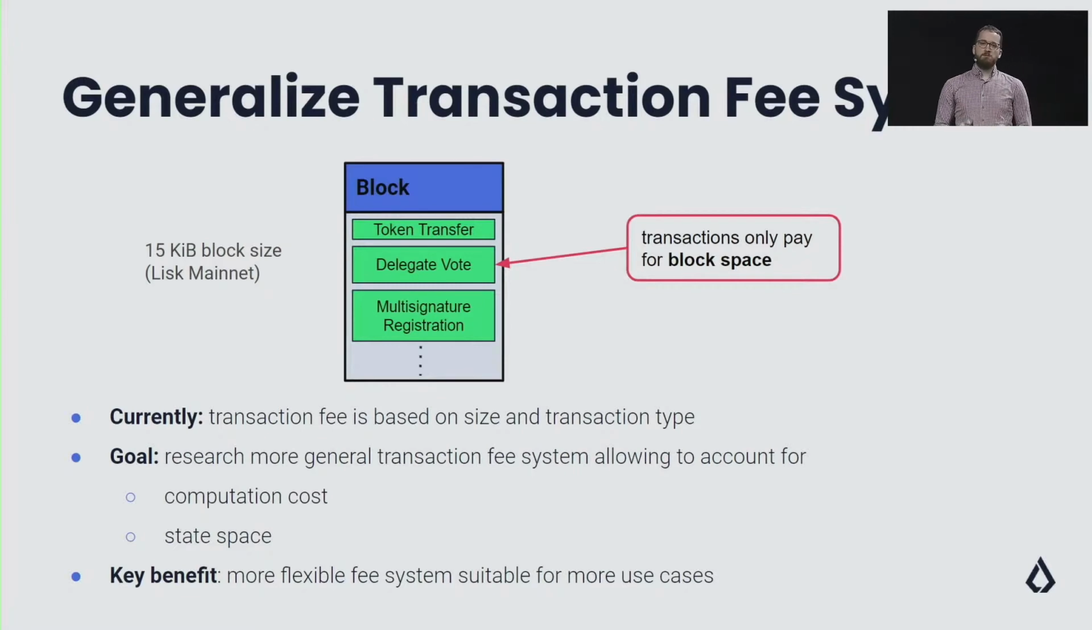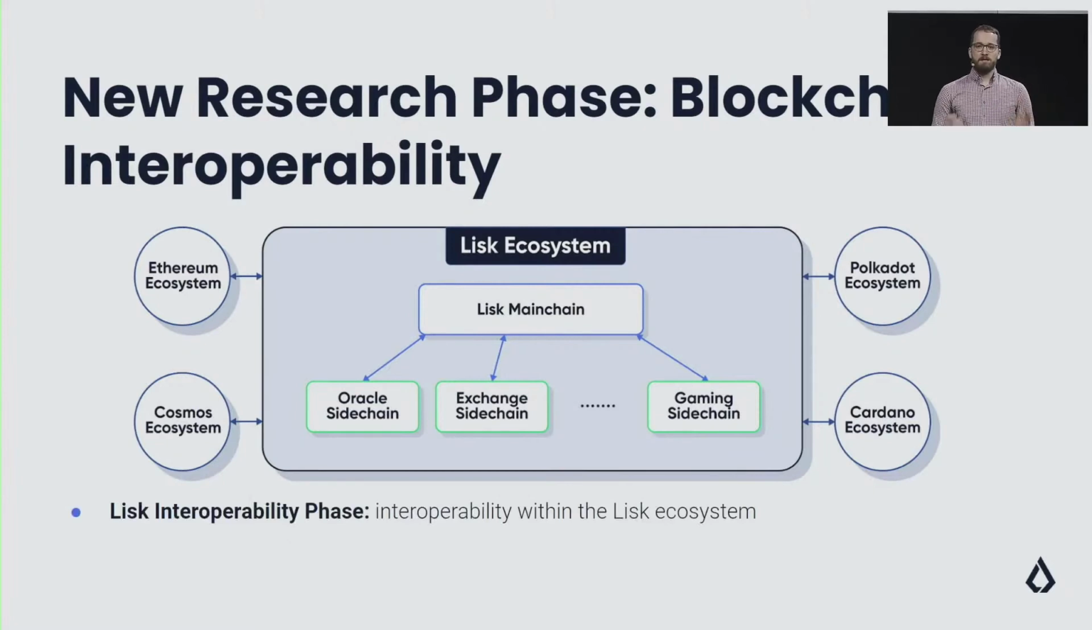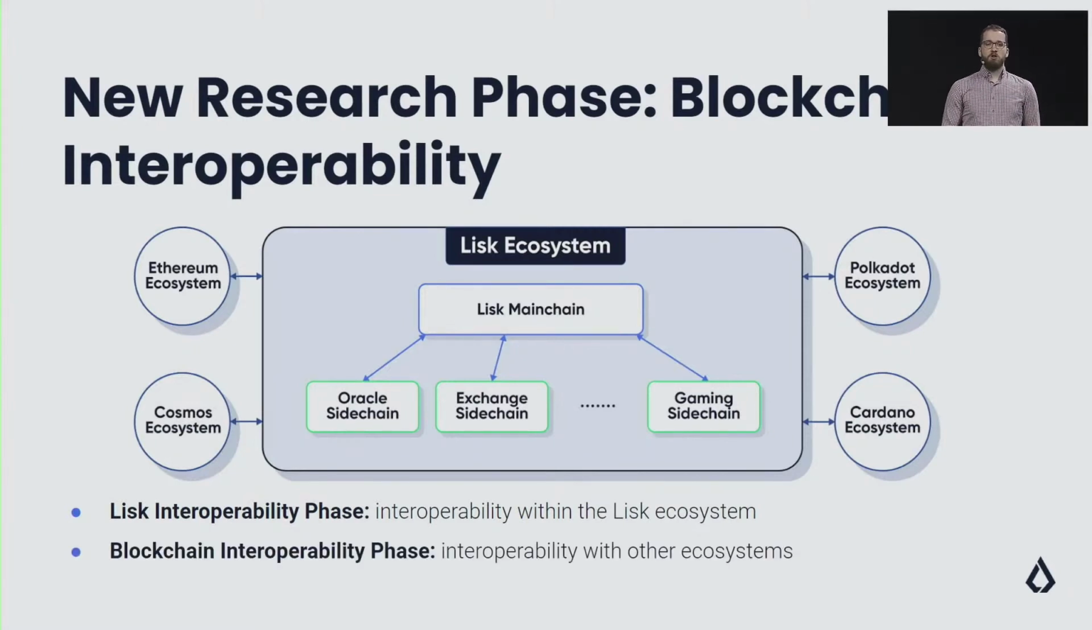And apart from these 3 new roadmap objectives, I'm also excited to announce a new research roadmap phase. This one is called Blockchain Interoperability. So remember, the current phase is called Lisk Interoperability. This is about interoperability within the Lisk ecosystem. In this new phase, it is all about interoperability with other ecosystems. So in this graphic you see Ethereum, Polkadot, Cosmos, and Cardano. And the key benefit